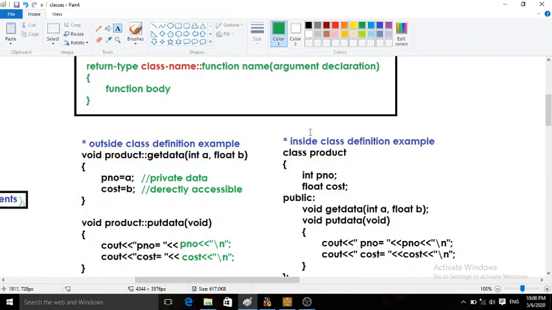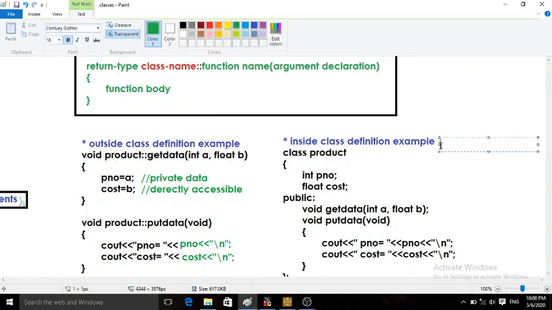When the function is defined inside the class, it is called an inline function of a class, because it is declared within the class.